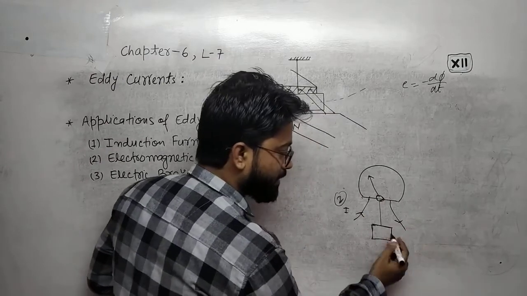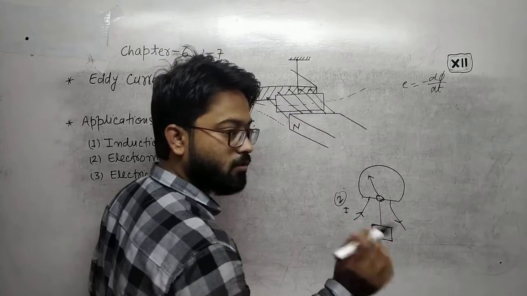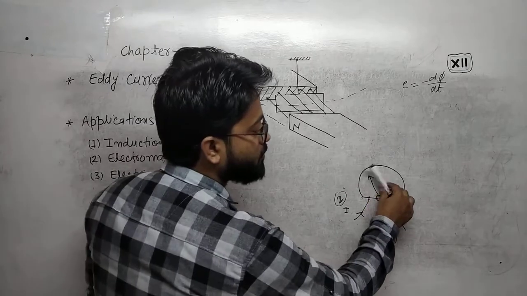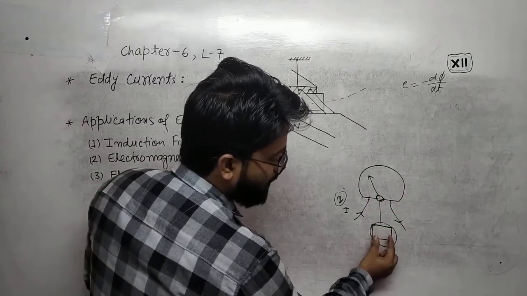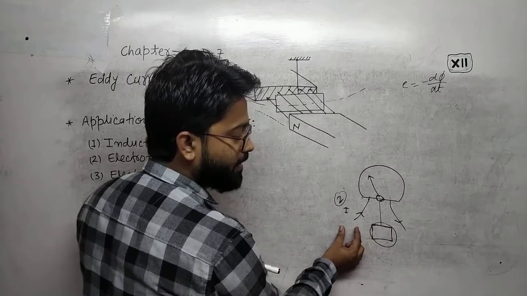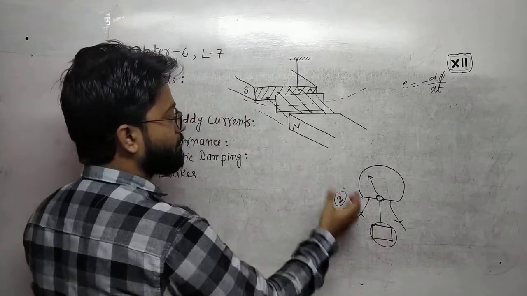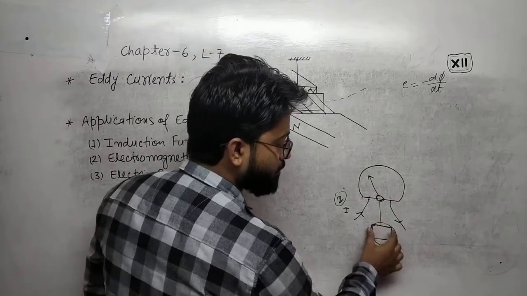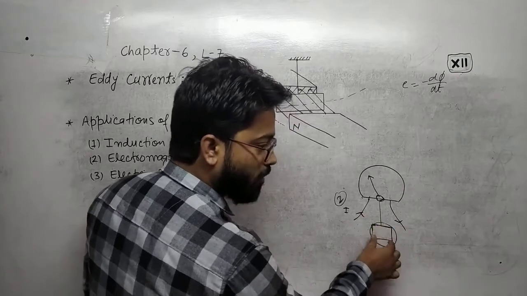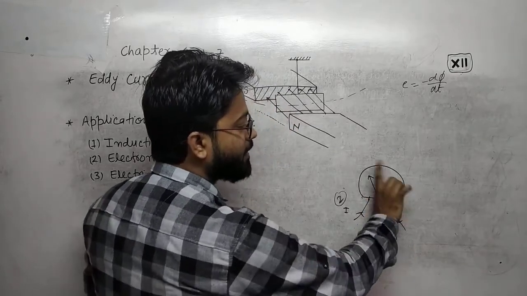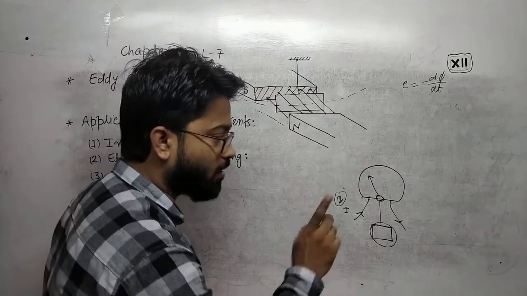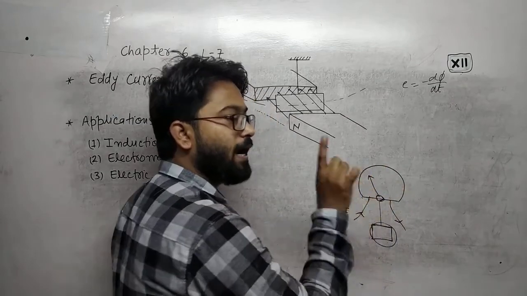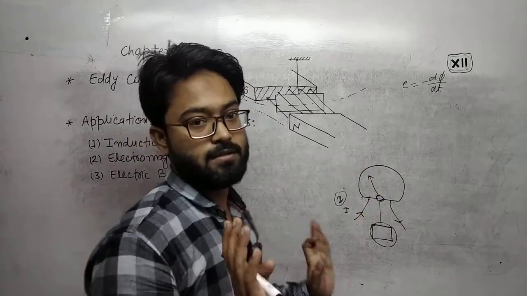If you place a magnet over that, but not touching it, what will happen? When the needle moves, this coil will move out of the magnet, which means the magnetic field will vary. The magnetic field varying means it will oppose the motion. This oscillation will be suddenly stopped at that particular position, and the needle will not oscillate. The needle will smoothly go to the point where it is stable.